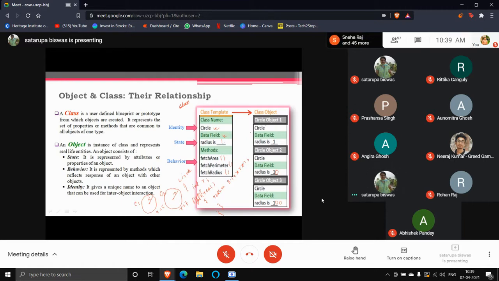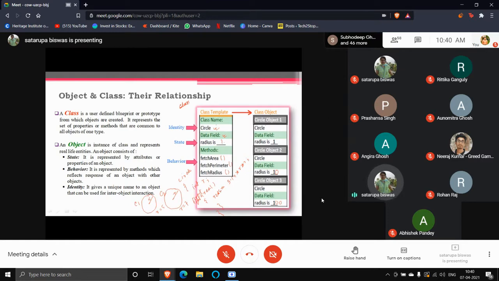As here we have 3 methods like fetch area, fetch perimeter, and fetch radius. So these 3 functions or methods, we say in Java, basically define how the circles are going to behave. Okay, so these functions are called the behavior.